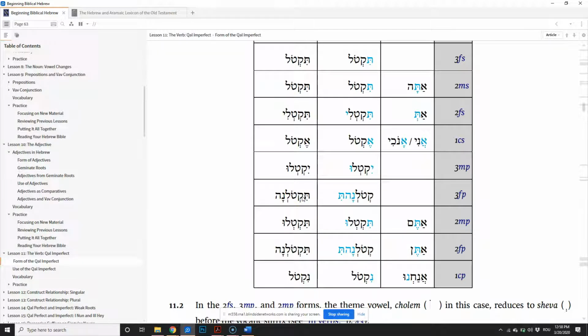For the 2MS, the 1CS, the 1CP, we do this accent shift. So instead of being accented on the final syllable, where we've got 2 full syllables before that, we break it up a little bit. We accent this syllable instead. So it's not tiktolna, it's tiktolna. Tiktolna. So this is 3 full syllables, but we've shifted the accent to kind of break the flow